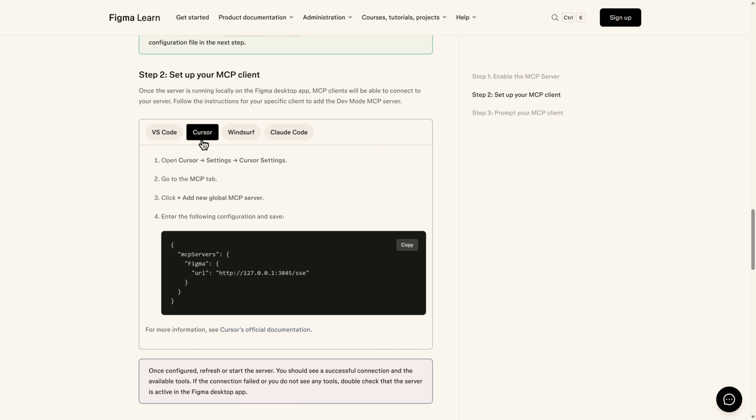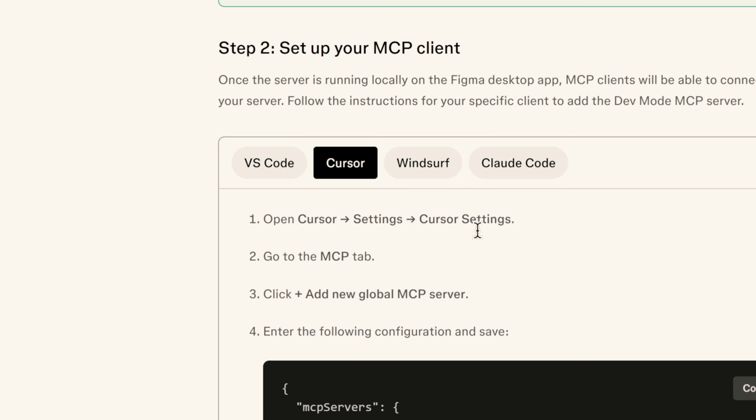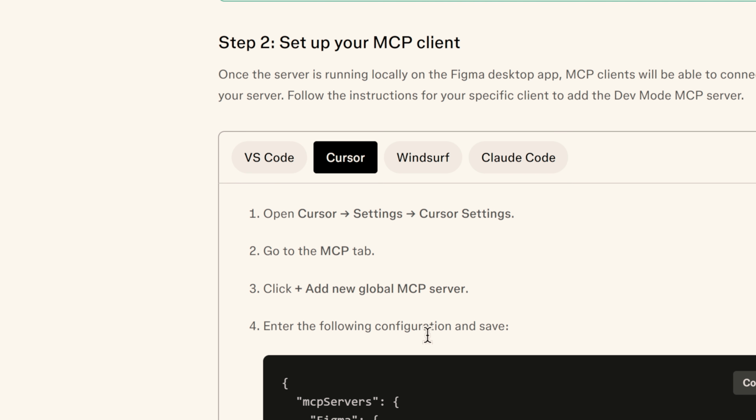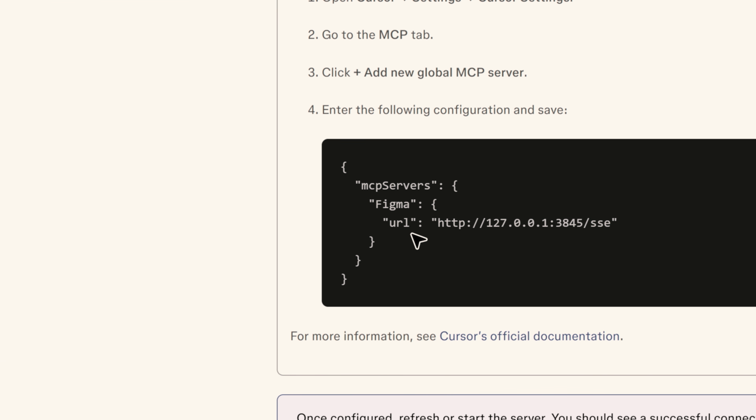Okay, now I'm going to use this one. So I'm going to open Cursor, go to the settings tab, and Cursor settings. Okay, of course we need to open the Cursor settings, and in the MCP tab we need to click on add a new global MCP server, enter the following configuration, and save. Sounds very easy. So let's copy this JSON code, or whatever you call it,